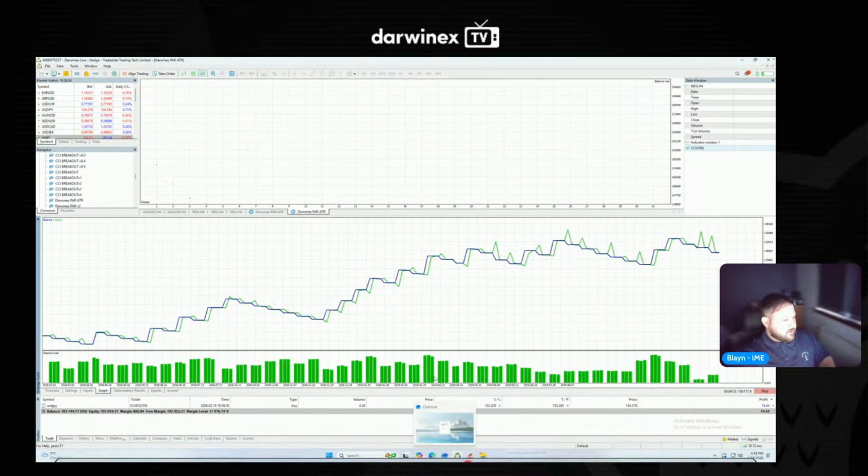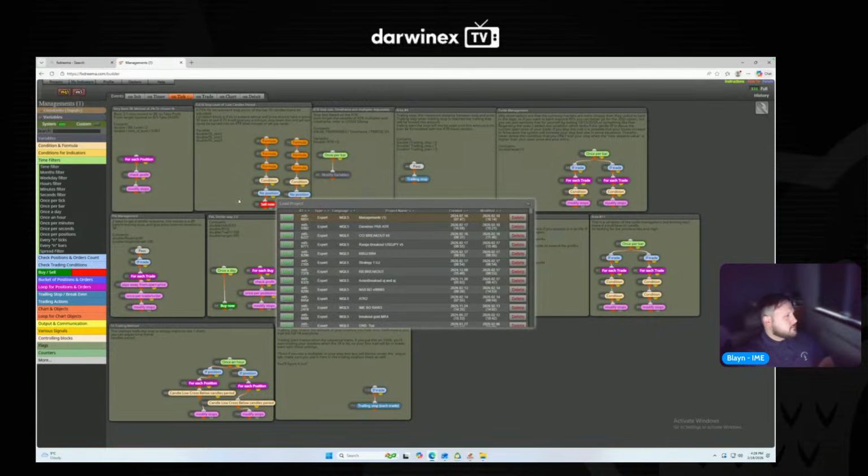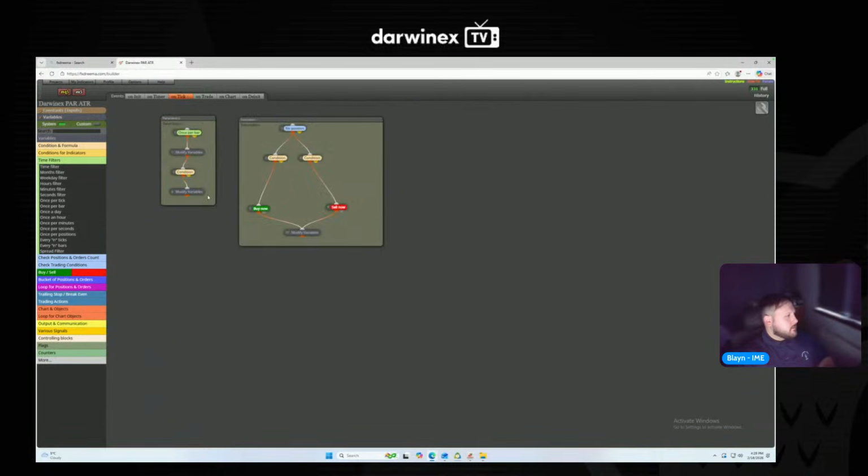If we look at that sort of system, we'll go back to it. There's 1, 2, 3, 4, 5, 6, 7, 8, 9. There's only 10 blocks on this system. It's very simple to build. Now, naturally, I would put a spread filter in here, just for management's sake and protection. But I'm not too bothered when we're doing this sort of strategy build. It's something I would do at the end.